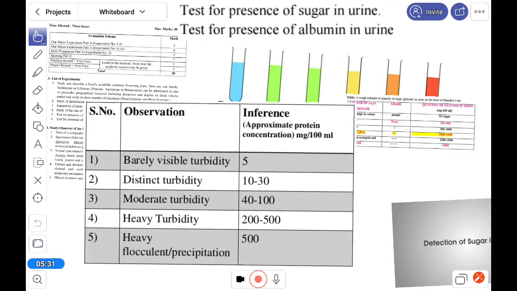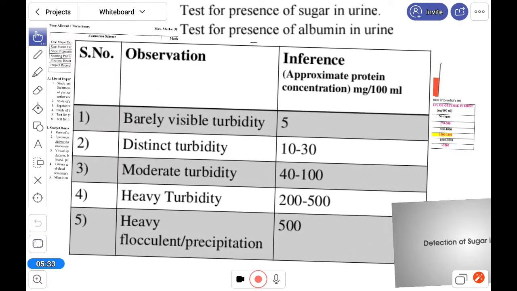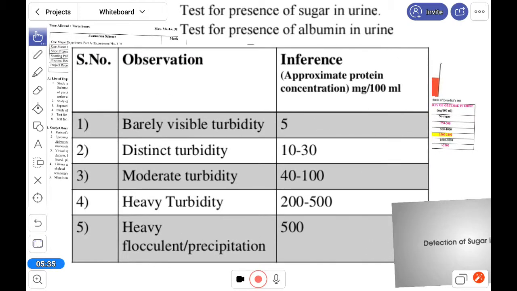Another one is albumin. Albumin is a protein. I think you all know albumin, egg albumin. If we use acid, then it coagulates. So here also the test is something like that.